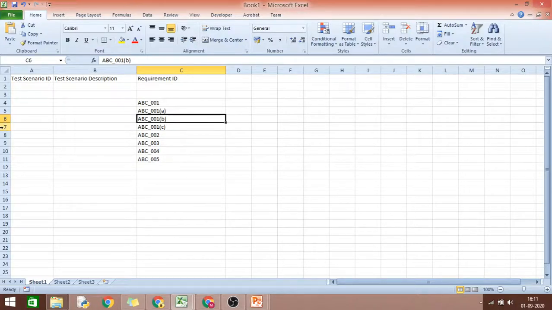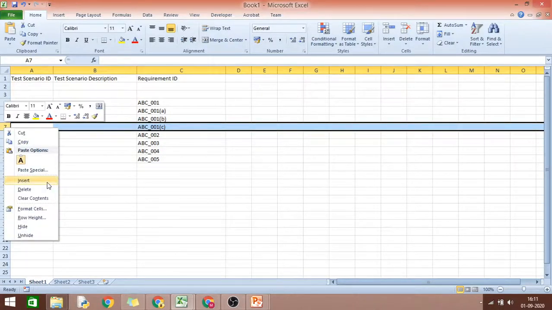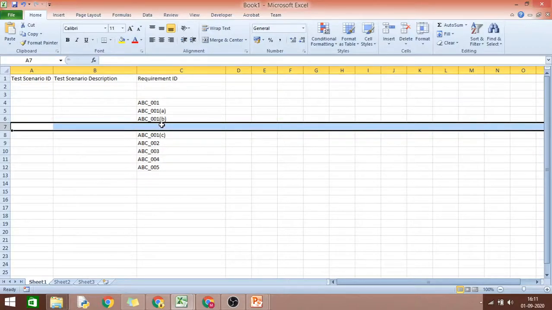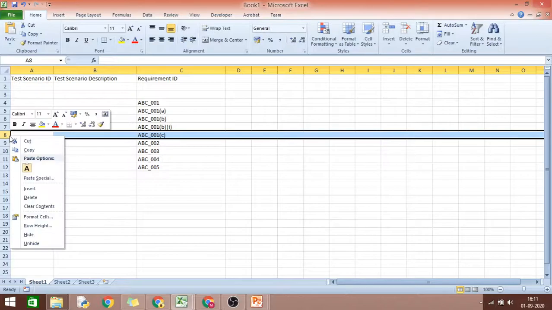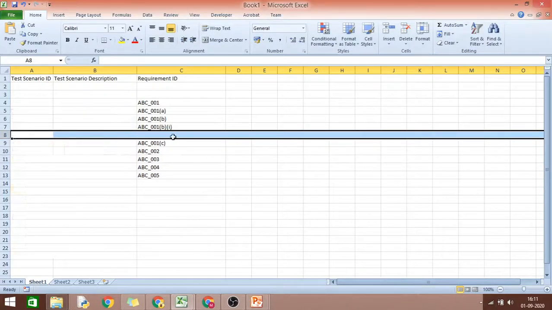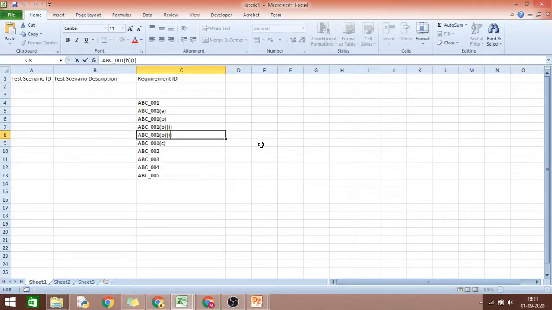Now imagine maybe this requirement 1, the subdivision B, has another minor partition, say a Roman numeral 1 for this, and B has one more as Roman numeral 2. If this is the case, then the requirement IDs will just continue like that. So you will have major requirements, minor requirements or subdivisions, and under the subdivisions you might have slightly more detailed requirements as well.